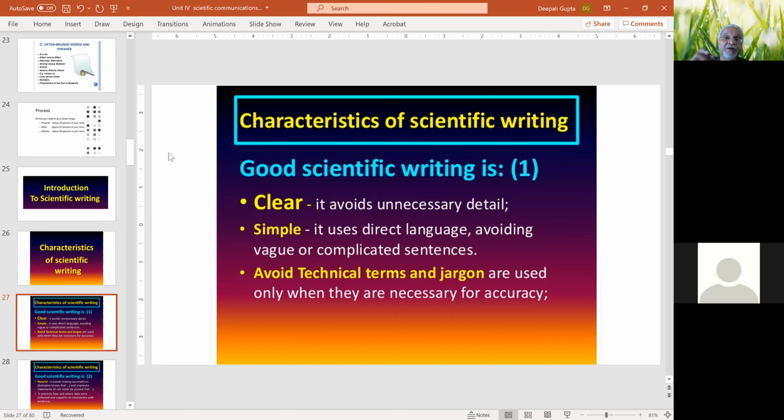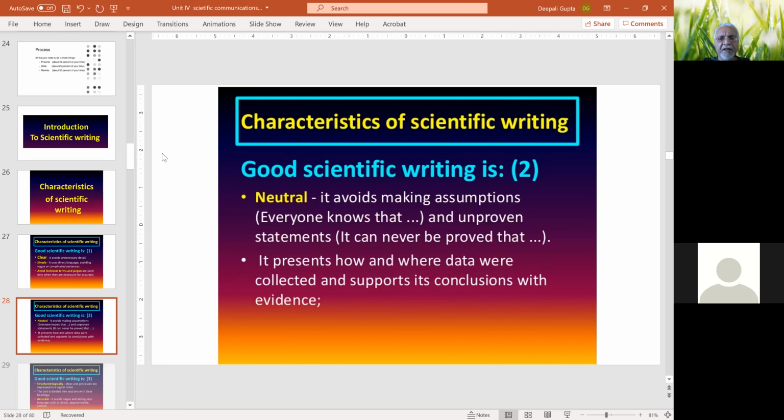So clarity is one characteristic which one has to keep in mind.